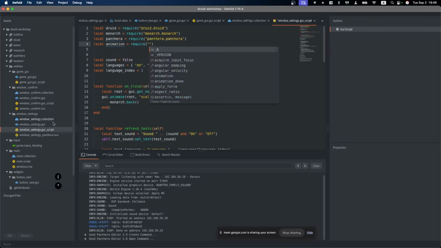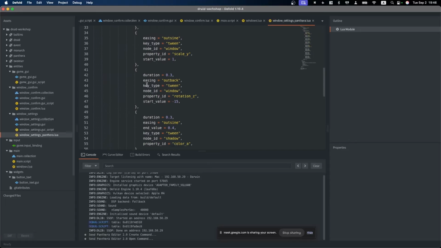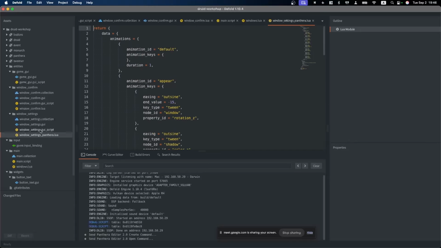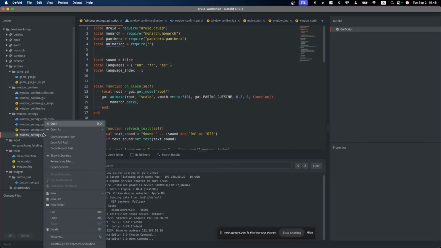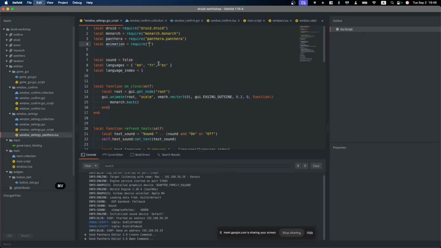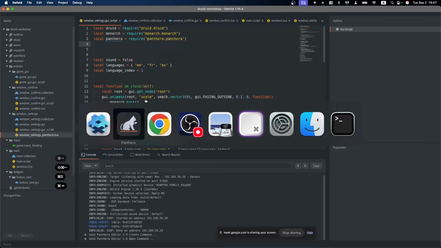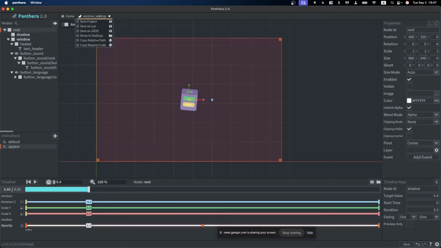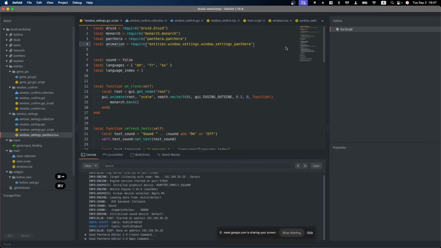It's also a Lua file with the lists of keys it contains as return. We can copy the require path and paste it here. Or, to make this easier, Pantera itself has a copy require path code. If we press it here, we can paste it. It's a whole string with local animation with the required path.